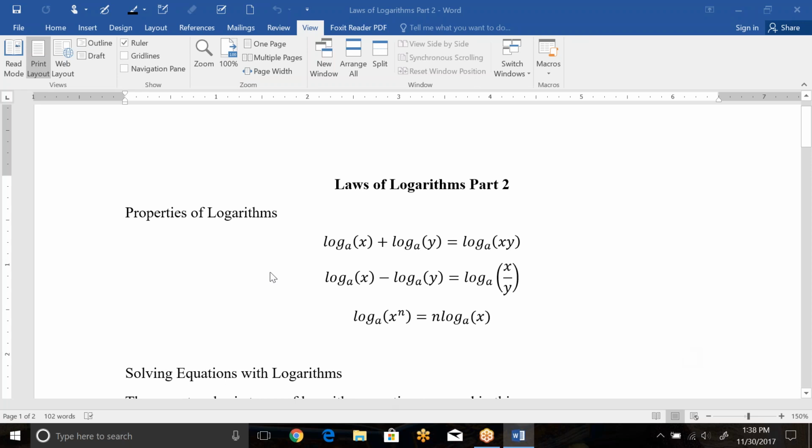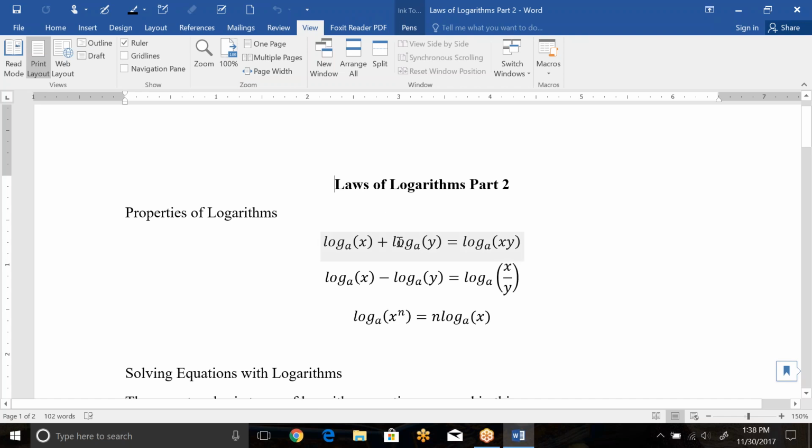So just to remind you, the properties of logs that we learned in the part 1 video are that if you have the same base and you have two separate logs connected by addition, then that becomes one single log of that base with multiplication of the two arguments. And if it's subtraction between them, it becomes division of the first argument divided by the second one's argument. And the last property we learned in the last video was that if you have an n or an exponent on your argument, you can bring it to the front as a multiple or coefficient in front of the